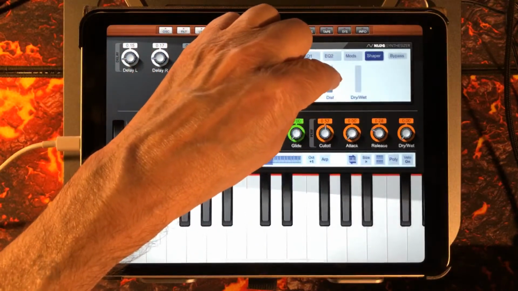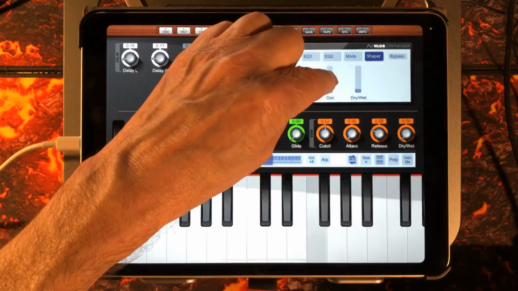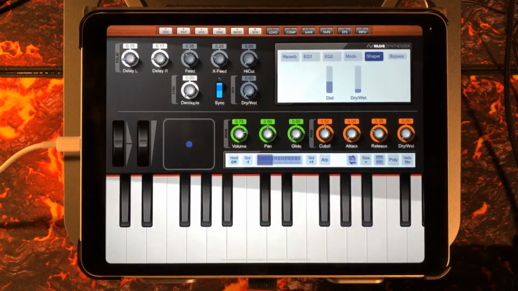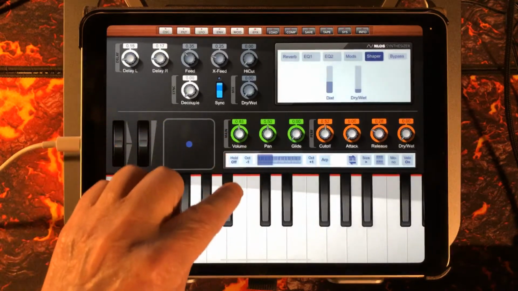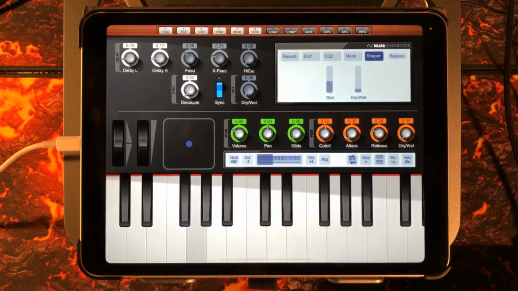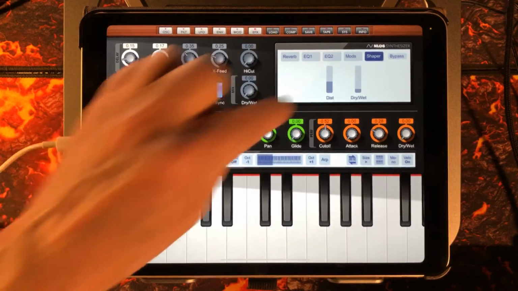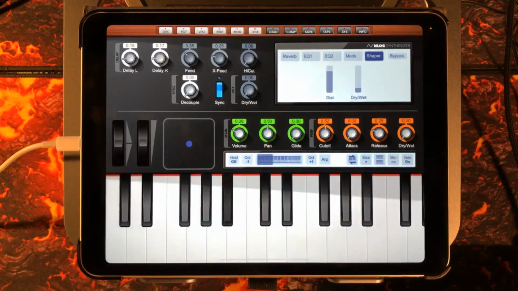So let's do this and go a little tiny bit. But it can be quite nice, especially for lead. And if we set it to mono here, it starts our volume. That makes a really nice lead sound. That's actually a really good lead sound. I think I'll save this, but